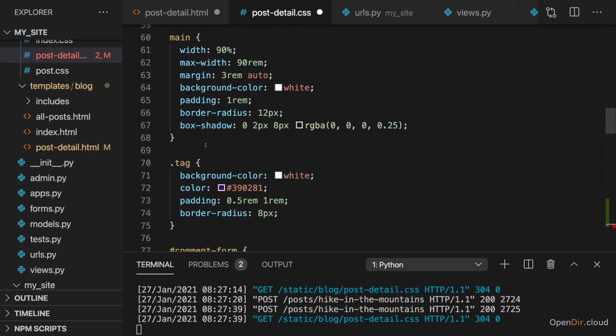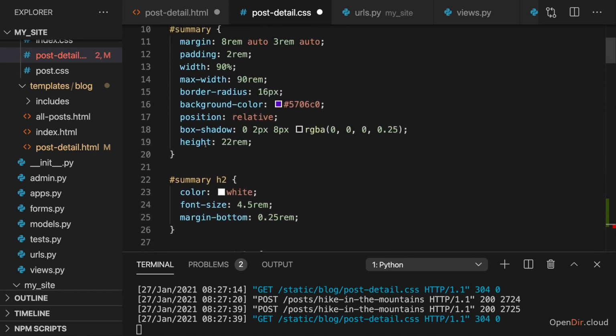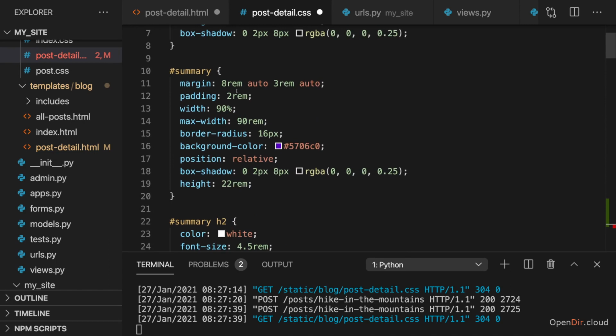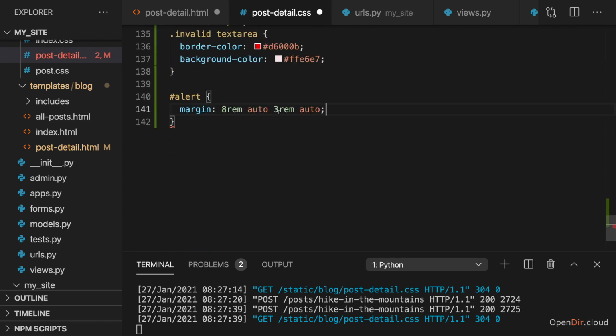And here I actually want to use the margin I used for my summary. There I have a margin set up like this to have appropriate spacing to the top, taking the header into account. And I'll use that margin